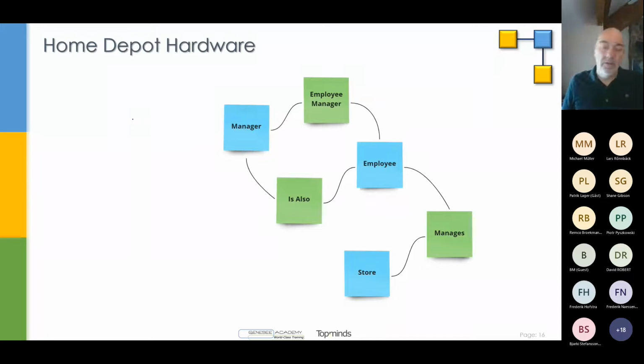Let's take another facet of the same model for Home Depot. This manager is also this employee. And remember, we talk about this, of course, a lot in CBC, core business concept discussions, because we're not going to abstract to something like involved party. We're going to have specific CBCs